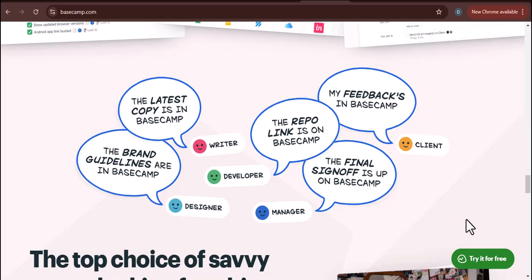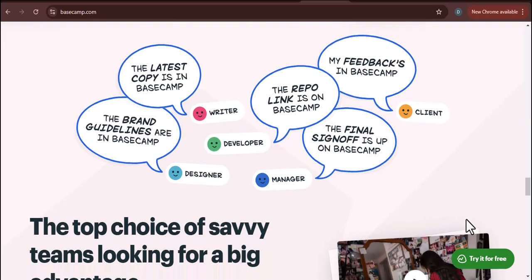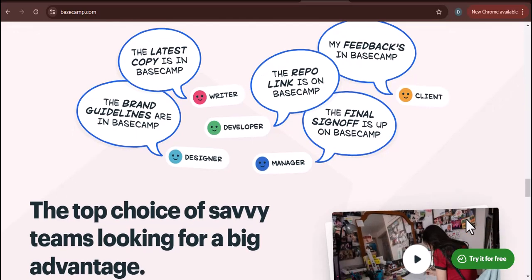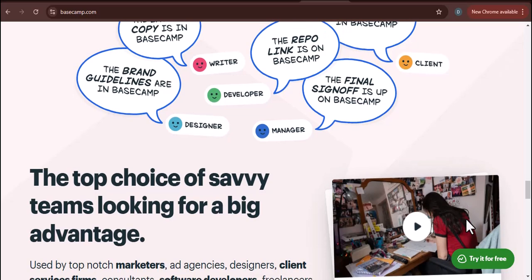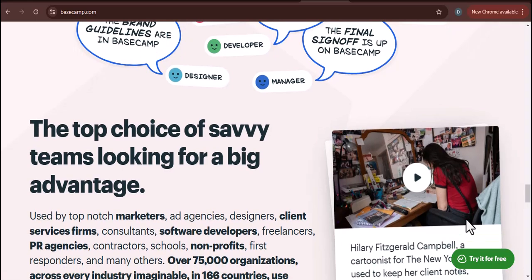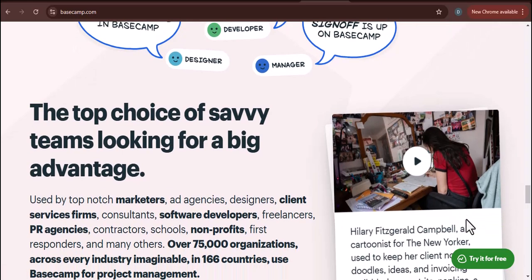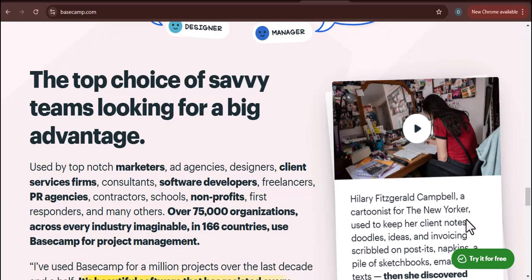Use Basecamp to communicate with your team members. This will help you to stay connected and ensure that everyone is on the same page. Use Basecamp to track your team's progress. This will help you to identify any potential problems and take steps to address them. Basecamp is a powerful tool that can help you to manage your team and get more done. If you're an admin, you have a lot of power and responsibility to make sure that your